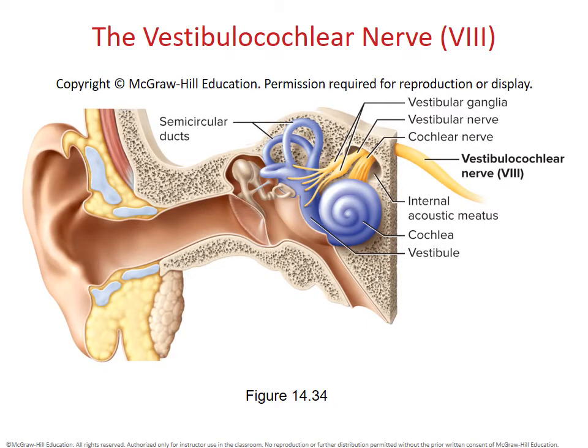The next nerve is the vestibulocochlear nerve. This nerve has gone through some name changes over the years. Originally, it was called the auditory or acoustic nerve. Then the name was changed to statoacoustic nerve to recognize its role in equilibrium, not just hearing. And now finally we seem to have settled on vestibulocochlear nerve. The vestibulocochlear nerve is the last of our purely sensory cranial nerves, and it is involved in 2